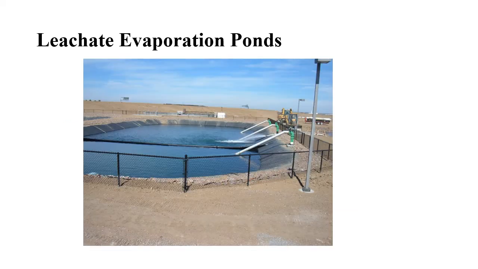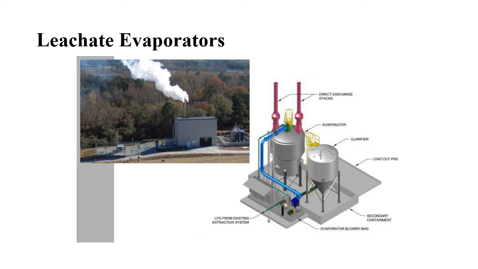So this is a natural evaporation pond. Okay, you can see the fencing around the pond. Actually, the crest should have been above the natural ground level. That is how the crest of the pond should be, above the natural ground level. Okay, so this is in level with the ground. It should not be like that. Now, these are commercially available leachate evaporators. Okay, these are huge equipments. Here also the same evaporation takes place and you will be left with a sludge.